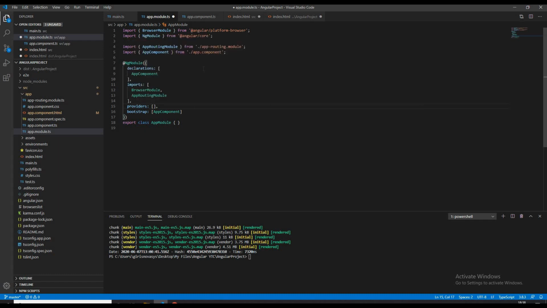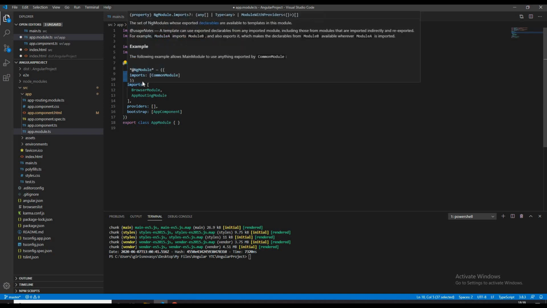We know decorators are used to add new metadata about the class. So each decorator has its own properties to make Angular easy to understand about the class. Simply speaking, properties inside a decorator are taken by Angular and used for that file. Each property has its own use, like we used the bootstrap property to load the initial component.